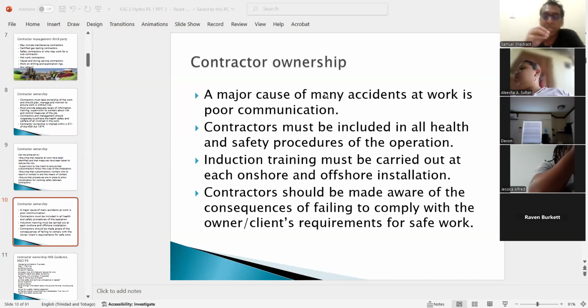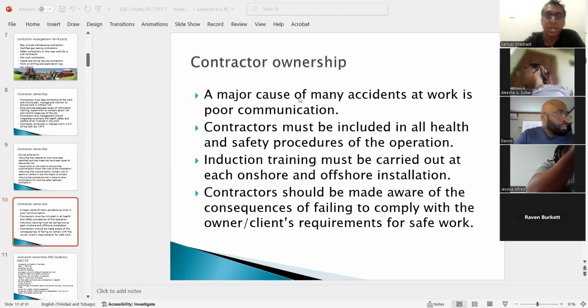So the minimum requirement must be NEBOSH, and of course those are the requirements. If it is found out by the parent company that these safety officers don't have NEBOSH, it could of course result in the loss of tender of that contract. And of course, the top line does say